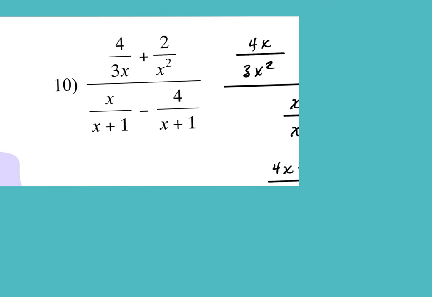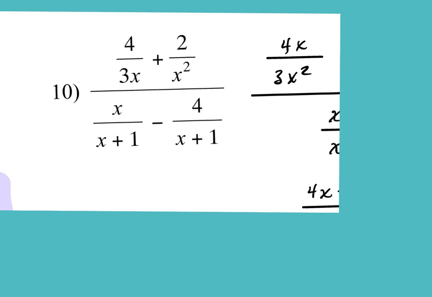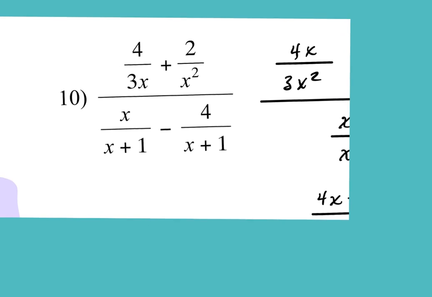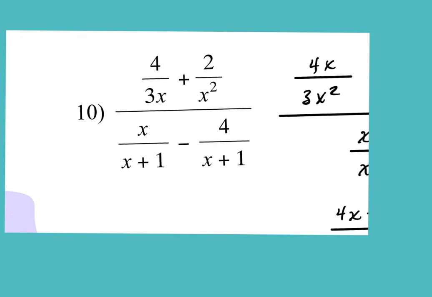All right, so this is number 10, okay? And again, with every one of these, you have two options. One is find the least common denominator of the whole thing and multiply it all out. The second is to separate them out, top and bottom, and then do keep, change, flip. So did you use the least common denominator of the whole thing? Okay. So the least common denominator of this whole thing,